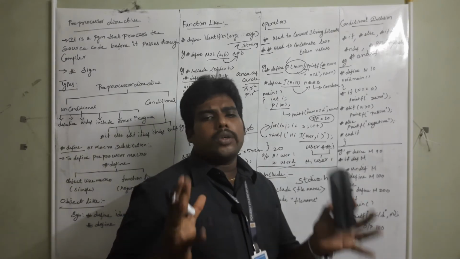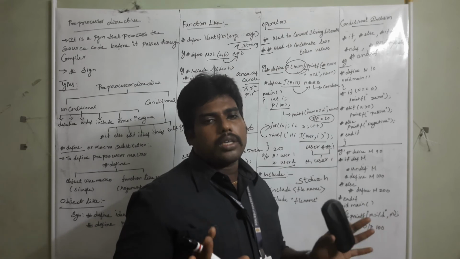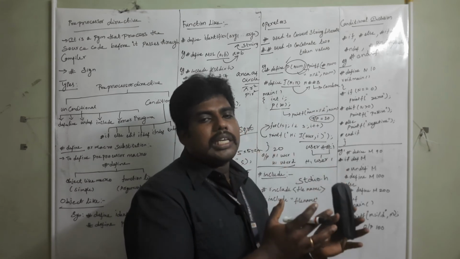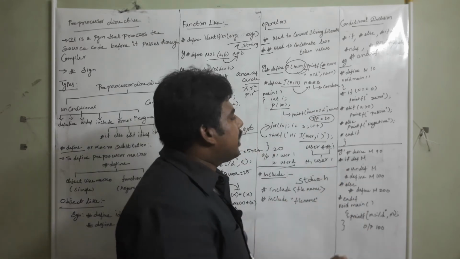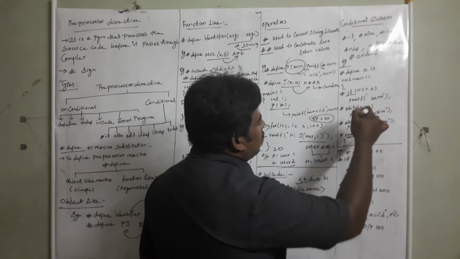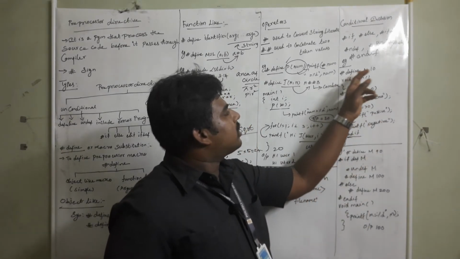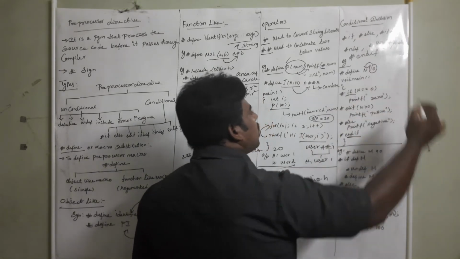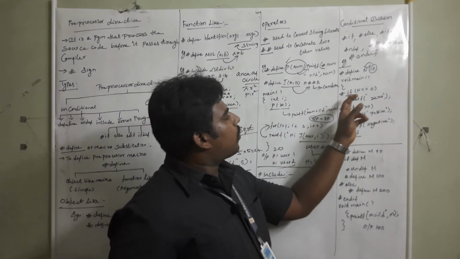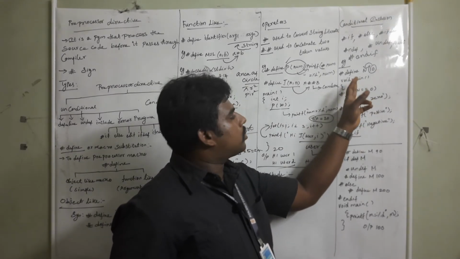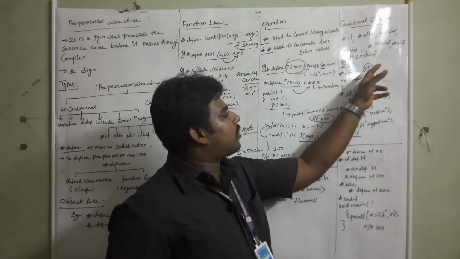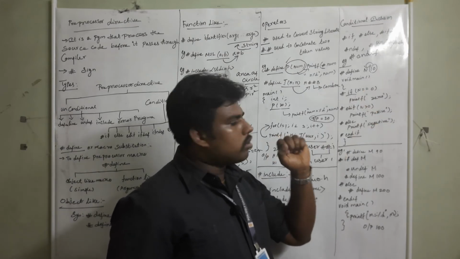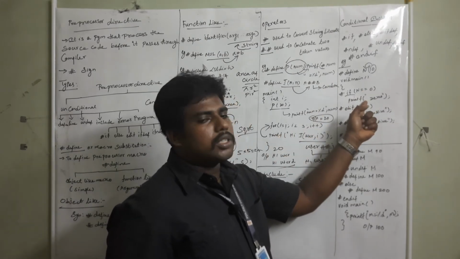Okay, how you are using the conditional statement, the same way we have to work. Only we have to use the hash symbol before that. And one more thing, if you are using if, at last you have to use endif. If, endif. The same thing. See here, hash define n 10. So what's the meaning? What are the places the n is coming? The meaning is 10. So void main is the starting position. If n equal to 0, what's the value of n? 10 equal to 0. Whether the condition is true? No. So it won't execute this line.